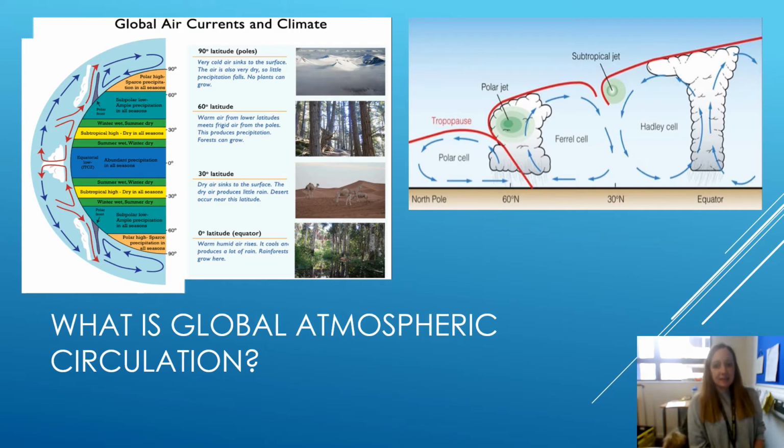Where the air sinks, you get high pressure. So you get really high pressure, very little in the way of clouds, very little moisture in the atmosphere, and therefore you get hardly any rain. And that's why if you look at maps, at 30 degrees north and south of the equator, you get lots of deserts, because it's high pressure, air's sinking, very little rain. Okay, so the Sahara Desert, 30 degrees north, very little rain. It's also quite hot in these deserts at 30 degrees, because you're still fairly close to the sun. Okay,